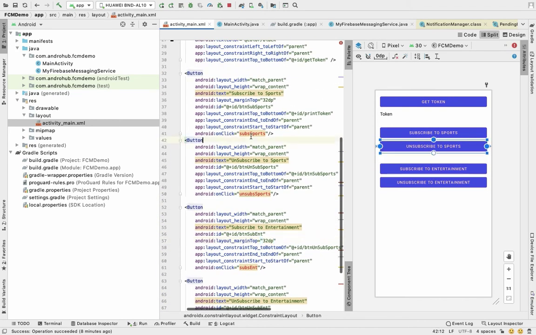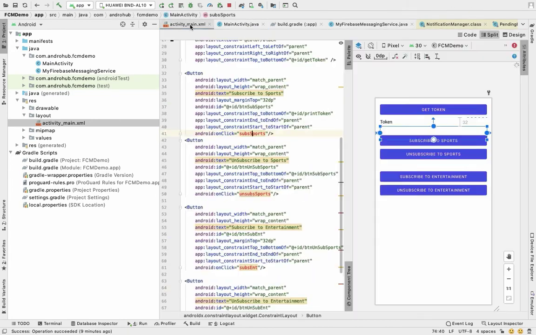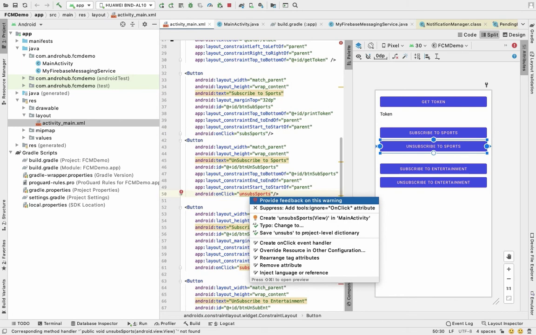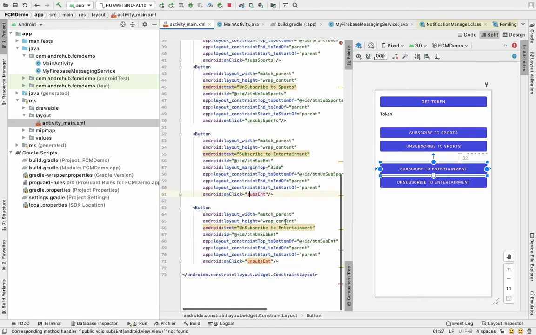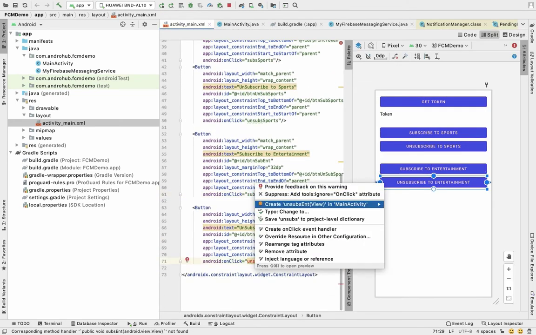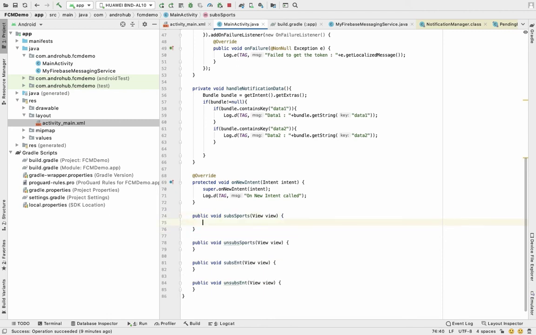Okay, now let's implement the click events. Okay, we have created the events.